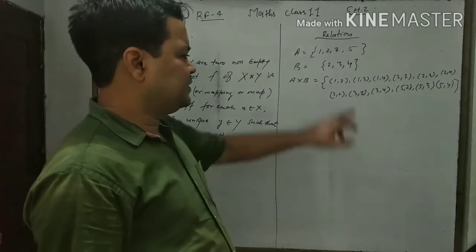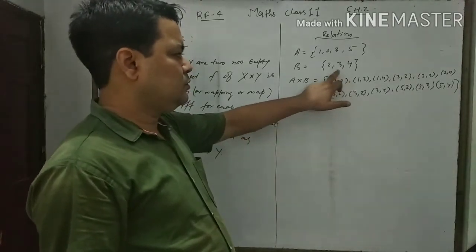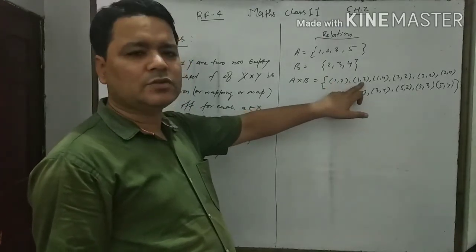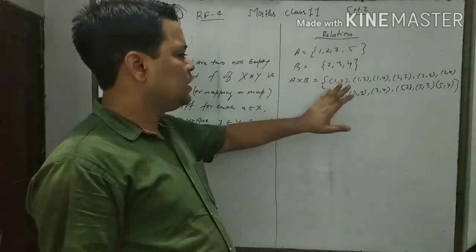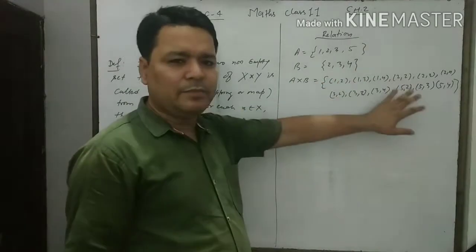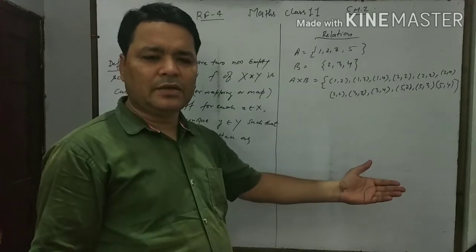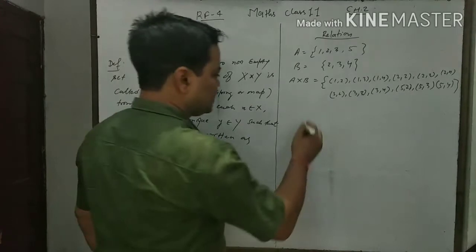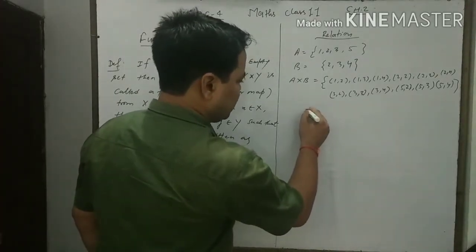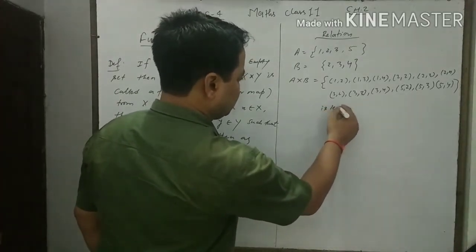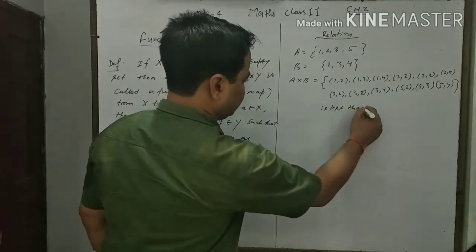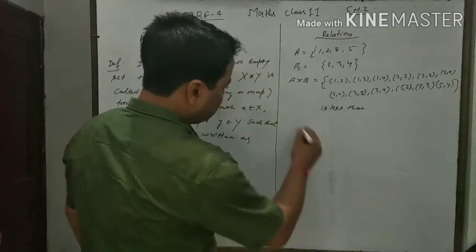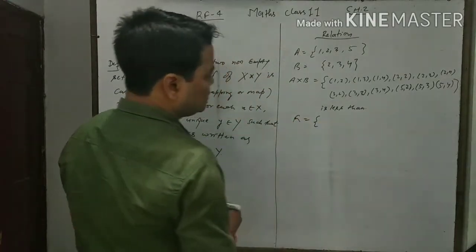Here each element, just like (1, 2), which is in the form of an ordered pair, represents a relation. Here (1, 3) also represents a relation. It means in the Cartesian product, each element which is in the form of an ordered pair represents a relation. Here, if we define a relation, say the relation is less than, then in that set, what is the relation?